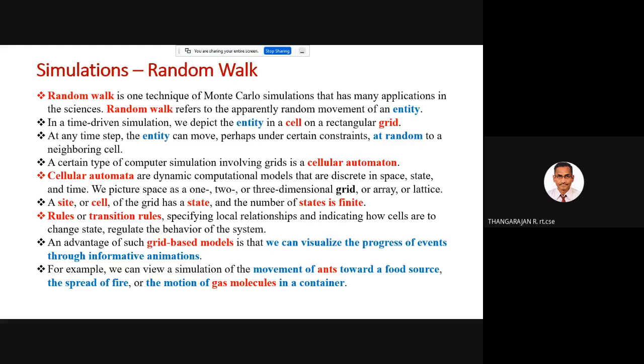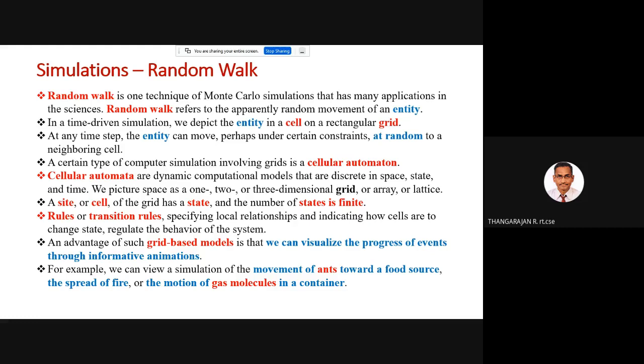Okay, now next we'll take a small... I think we are nearing 4. So I just introduce you to this concept of what is a random walk. And I think with this we will close today's session. So a random walk is something that is again a random process. So here I will give some examples.